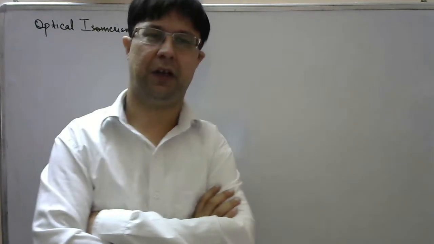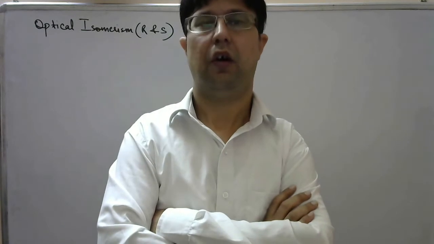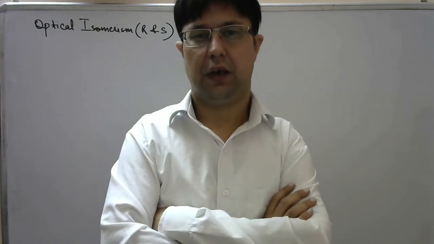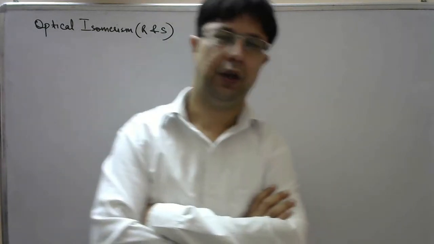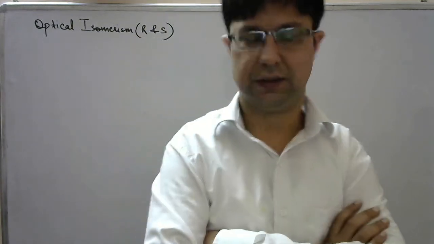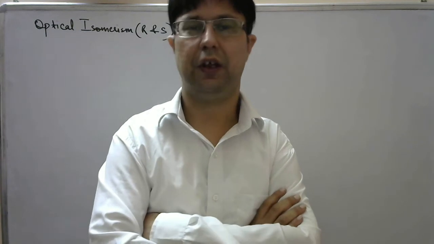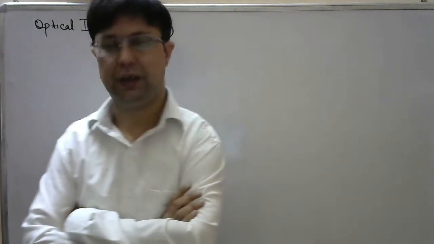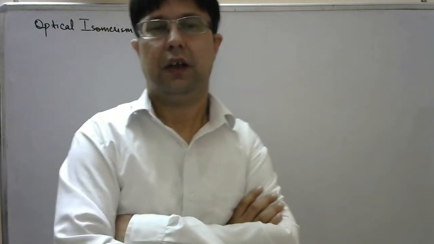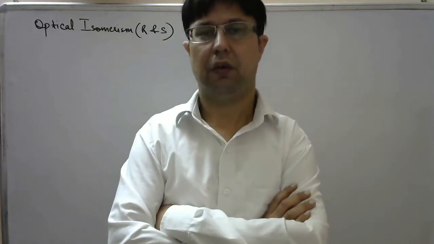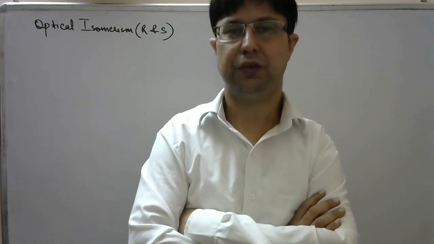आज के लेक्चर में हम लोग डिस्कस करेंगे अबाउट द R एंड S नॉमेनक्लेचर इन ऑप्टिकली एक्टिव कंपाउंड्स. Everybody has heard the term that when we say that the compound is optically active, it rotates the plane polarized light. Is it clear? या तो clockwise direction में or it is in the anti-clockwise direction. Accordingly, we call such compounds dextrorotatory or levorotatory compounds. Is it clear? Now, today we will be focusing on the RS configuration in optically active compounds, presuming that सबको